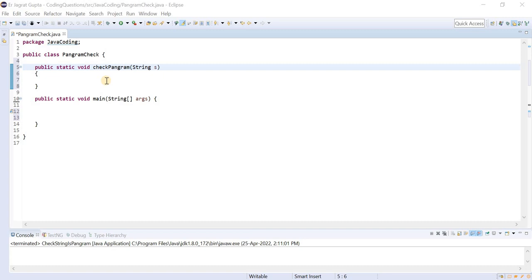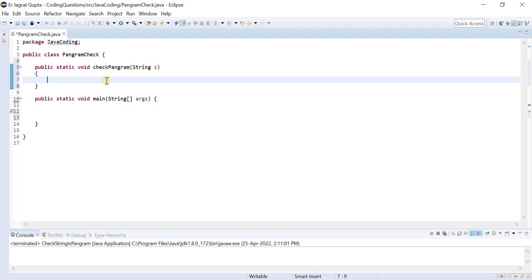And if any one of the alphabets is missing from that string, then we can say that that string is not a pangram string. Okay, so now we are going to implement this concept.